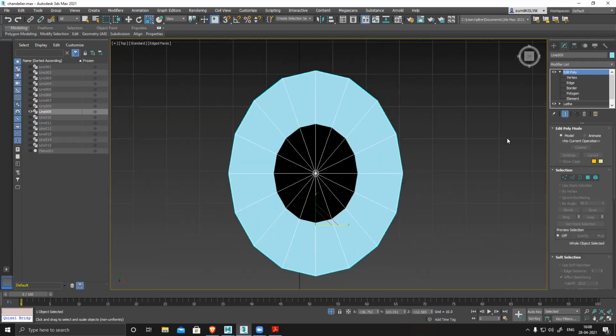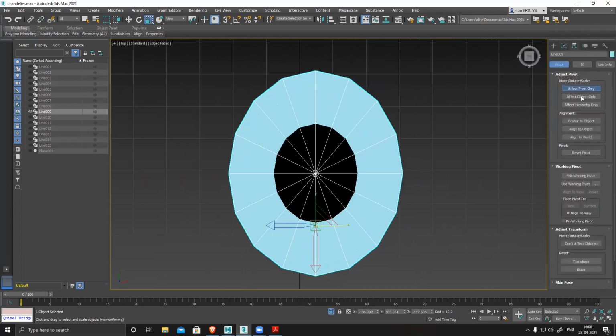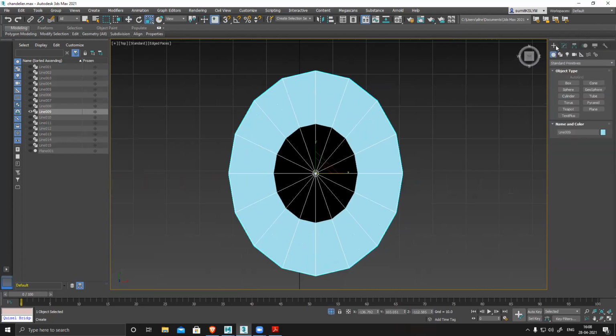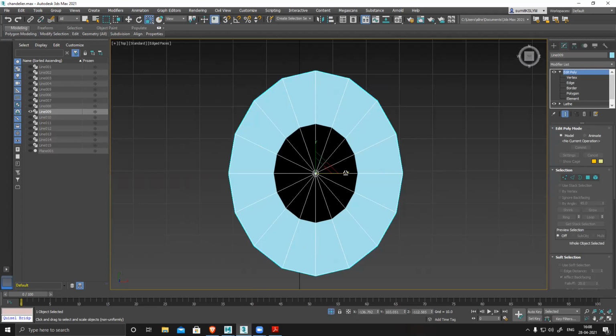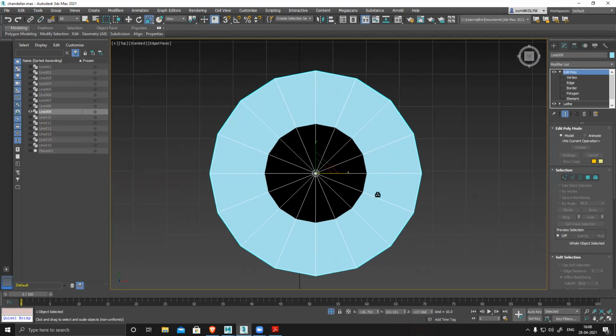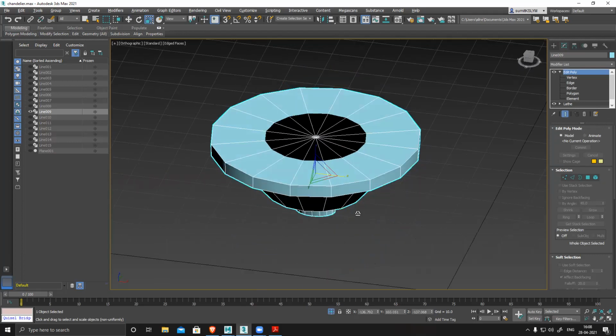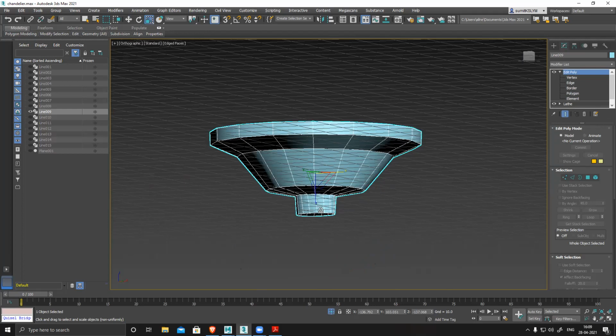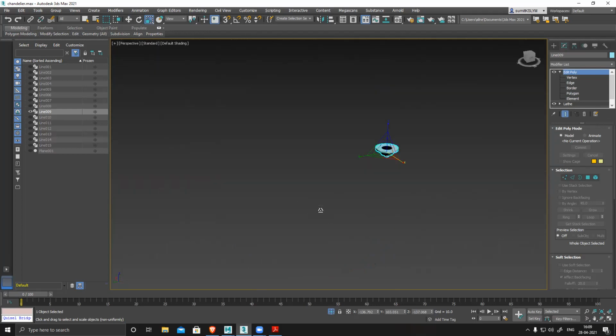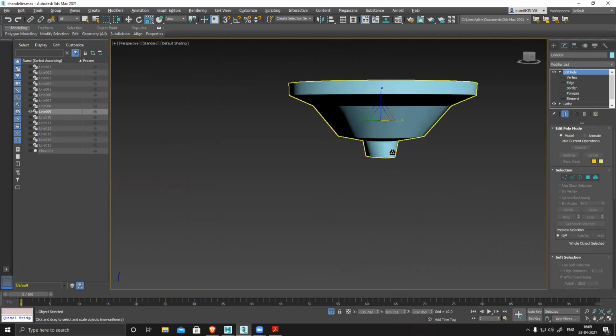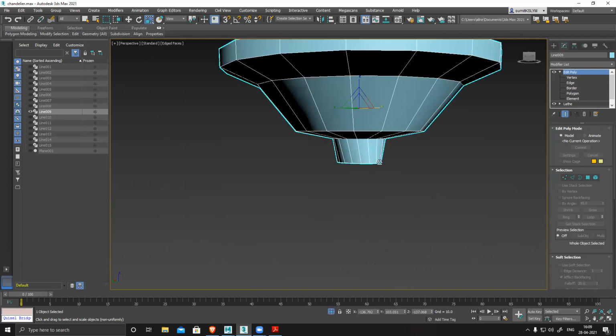Isolate. It's not centered. I just roughly made it a circle. Now you want to add an extra loop here, right? That's what you're asking, right? Yes, sir. So how to do it?